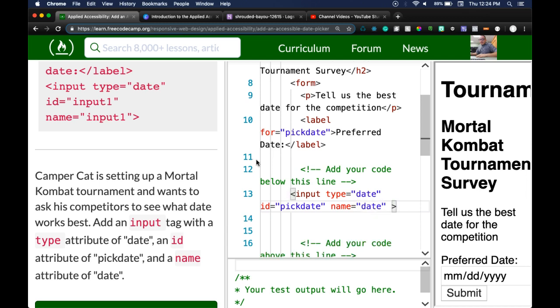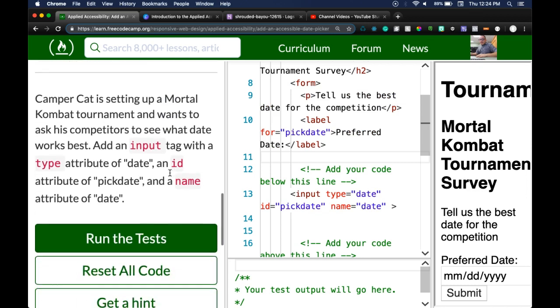Close this off. So we did do what was asked, and this label relates to this ID here, so we know this input and this label are together. And this is all inside of this form. So let us run this,